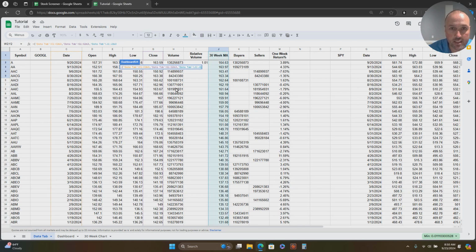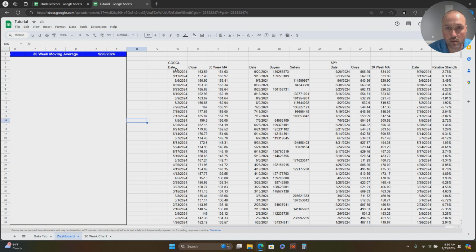Now, I'm not going to do that because that'll overwrite what I have in my tab. But when you do that, that will bring back this data right here. Now you have data, and you'll do the same thing for, you'll grab the date, and then you'll hit comma,